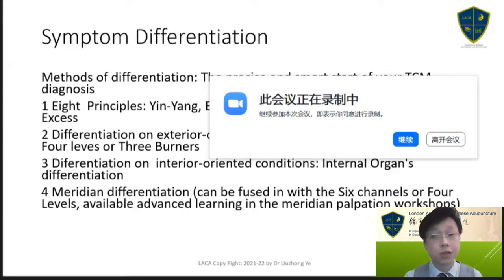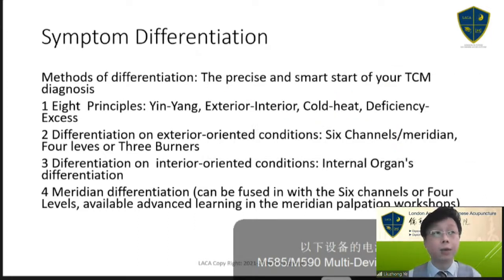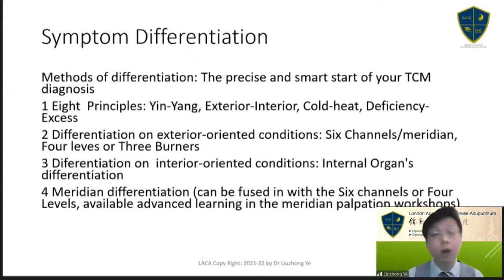So the meridian differentiation is able to bring in precise differentiations, and by reading the meridians, you are able to really tell whether this is heat or cold, whether this is deficiency or excess, precisely with those methods we teach in the meridian palpations. And all these meridian palpation workshops, or CPD courses, will be able to really give you more teaching, learning, and practicing methods,